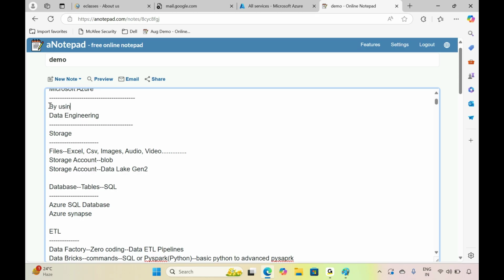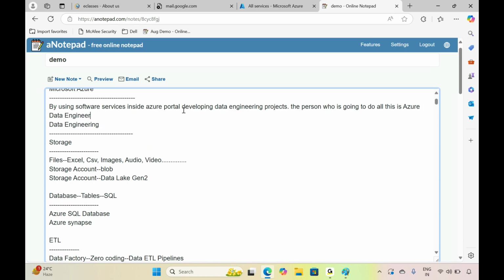By using software services inside the Azure portal, the person who develops data engineering projects is called an Azure Data Engineer.